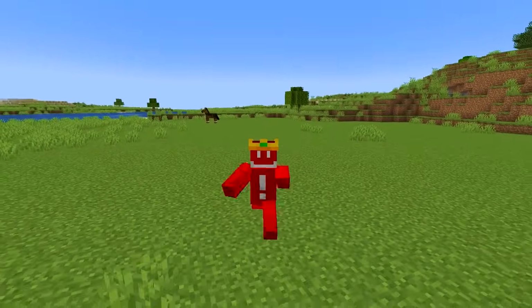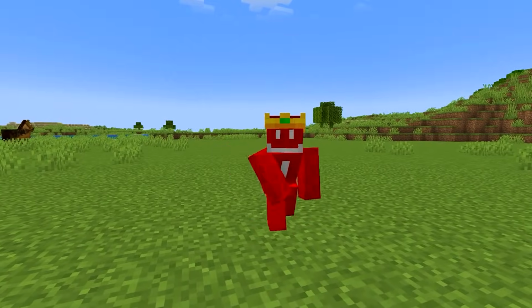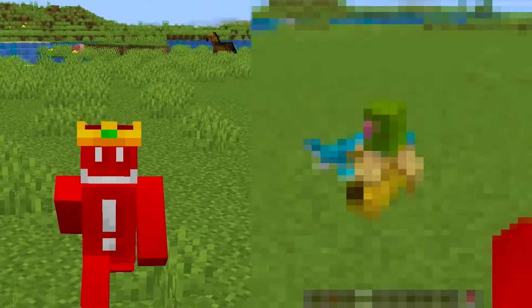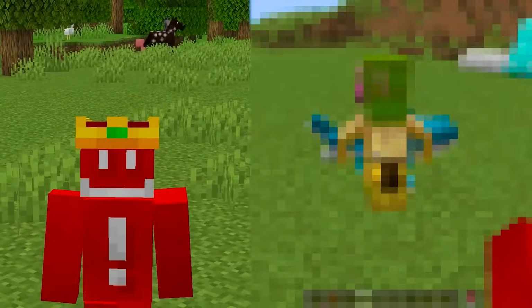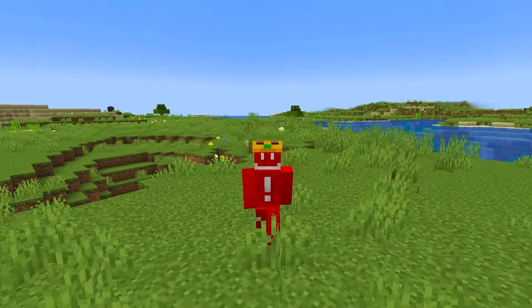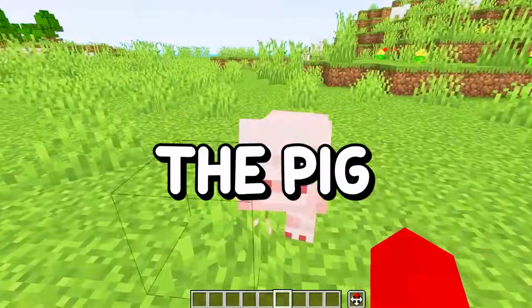Today I'm going to transform Minecraft's mobs into characters from Italian Brainrot, which is that weird meme on TikTok, about Tralalero Tralala. And in addition, I'm going to have a battle between the characters to decide who is the strongest of all. So let's go to the first mob that I'm going to transform, which will be the pig, and he'll become